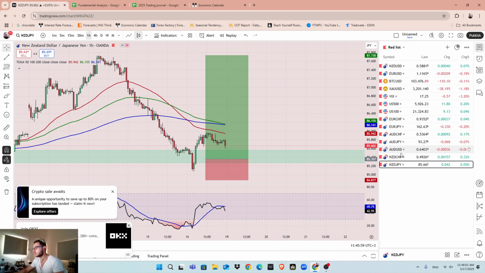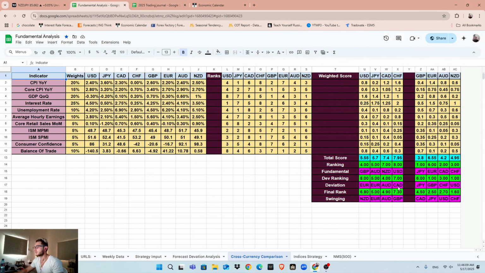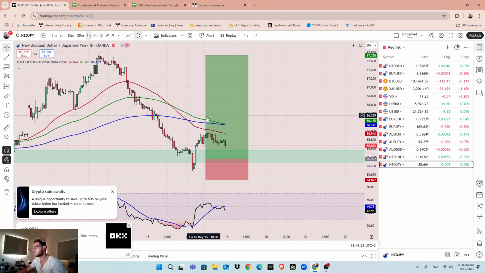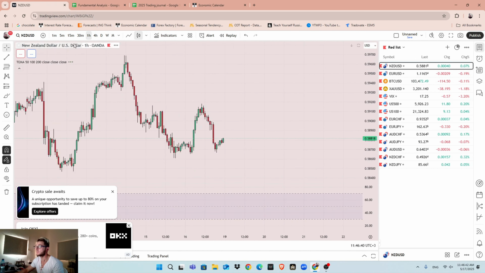So I am bullish on all these pairs, and I also have the opportunity next week to take these pairs. Based on my fundamental analysis, the New Zealand dollar, euro, and Australian dollar are the strongest, and JPY, USD, and Swiss franc are the weakest for me. So I'm looking to buy these three currencies and to sell these three currencies, which gives me around nine pairs to buy or sell. I have right here 1, 2, 3, 4, 5, 6, 7 opportunities during next week, and